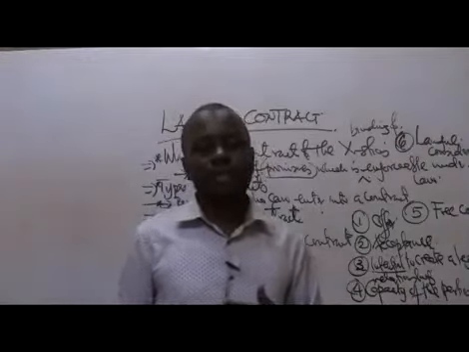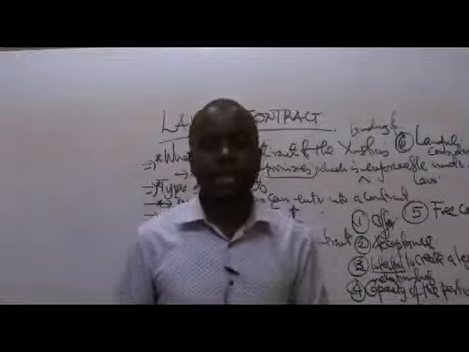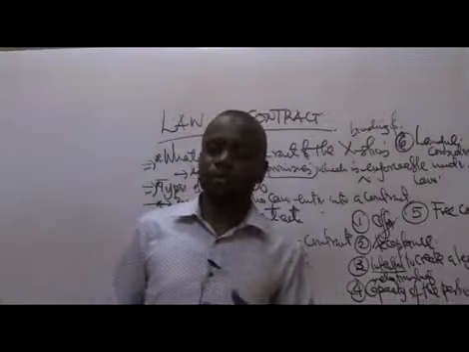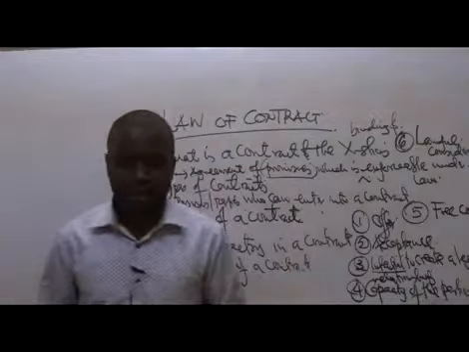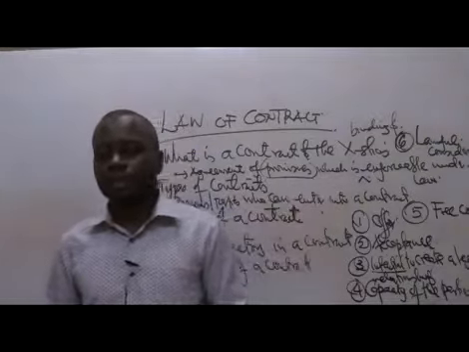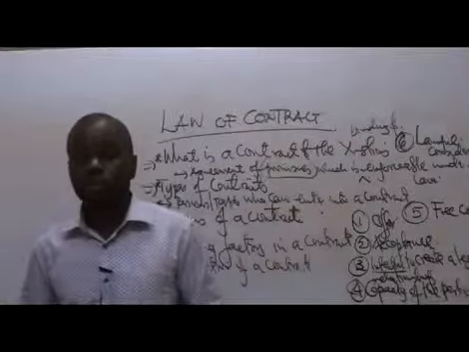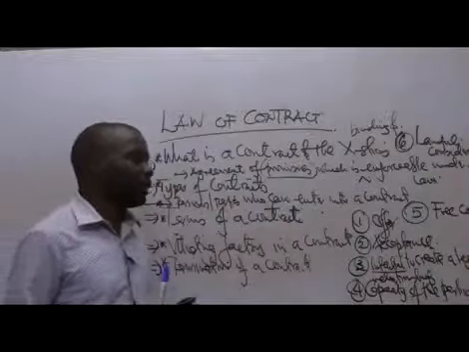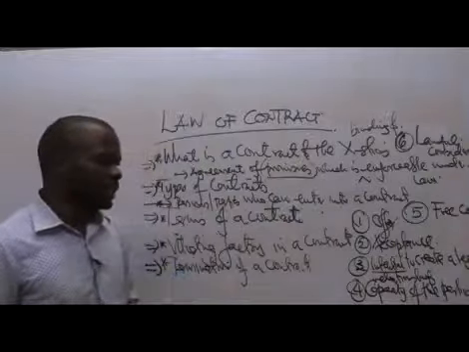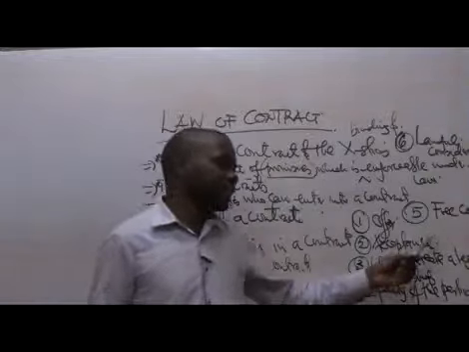There's a consideration that is being paid. So he's going to bring in a lot of cows, or maybe a lot of goats. So that is the price. That is the consideration that is being paid from the other side. So in any contract, there should be that particular key element that should actually be present. It is normally a free consent.